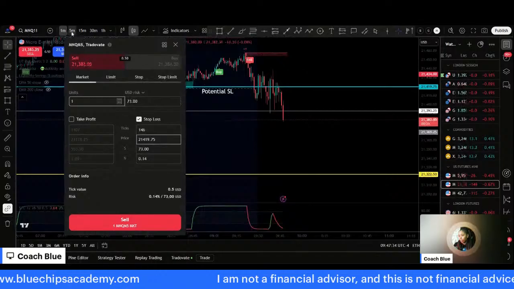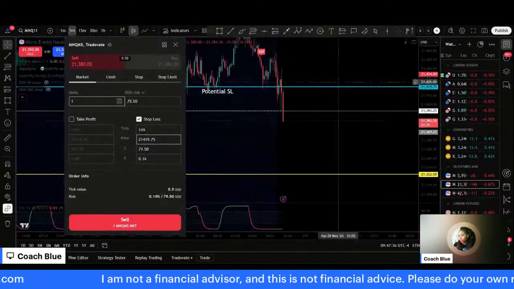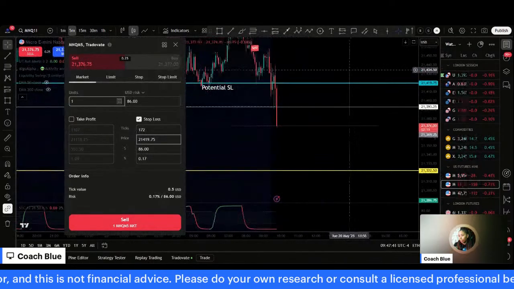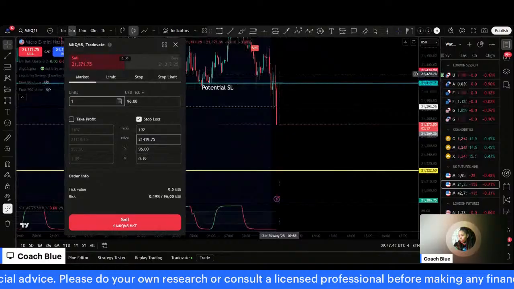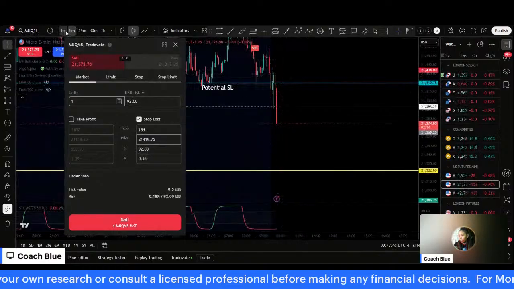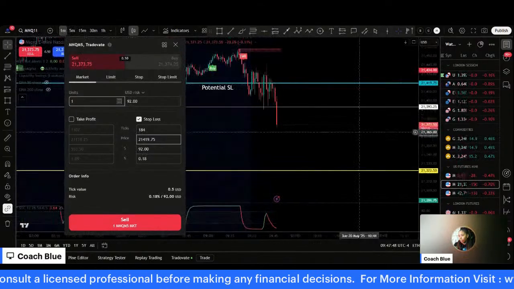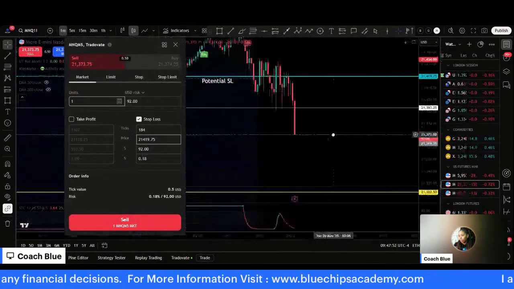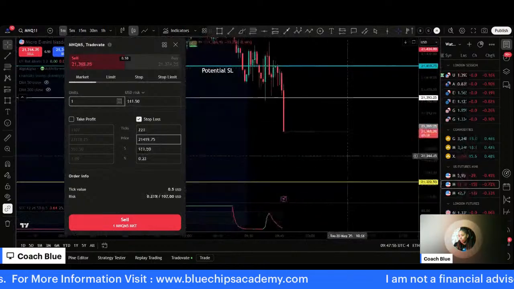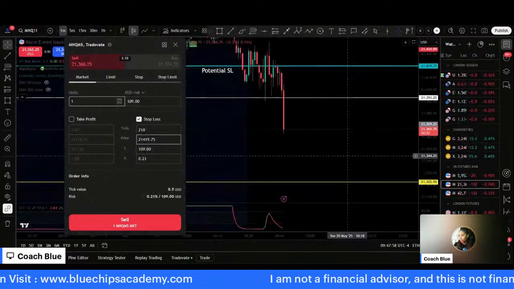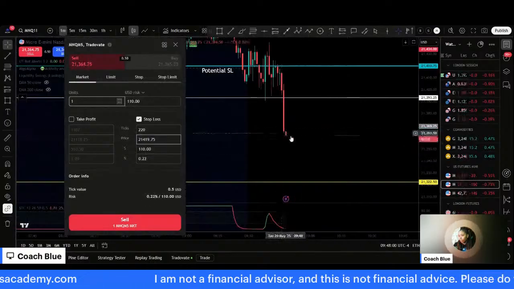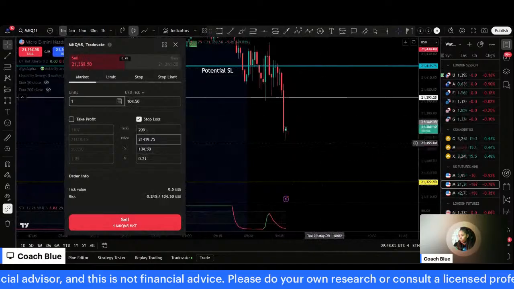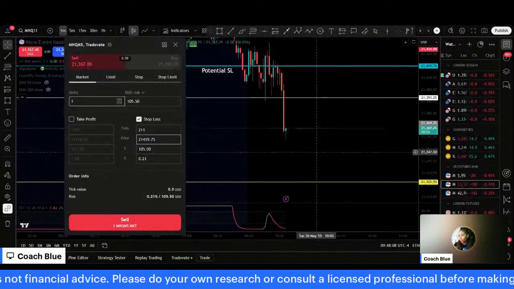Let me look at it on the 5 minute to see if this is a BPC. Yeah, this is a BPC. Breakout, pullback, continuation. Okay, let's go to the 1 minute. It could continue to go down, but I'm looking for my setup, guys. I need my pullback. I'm not going to just jump into this.